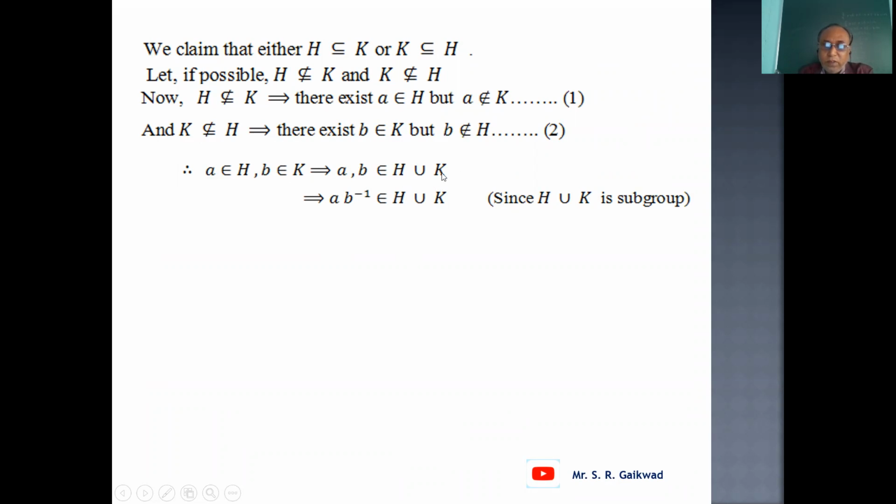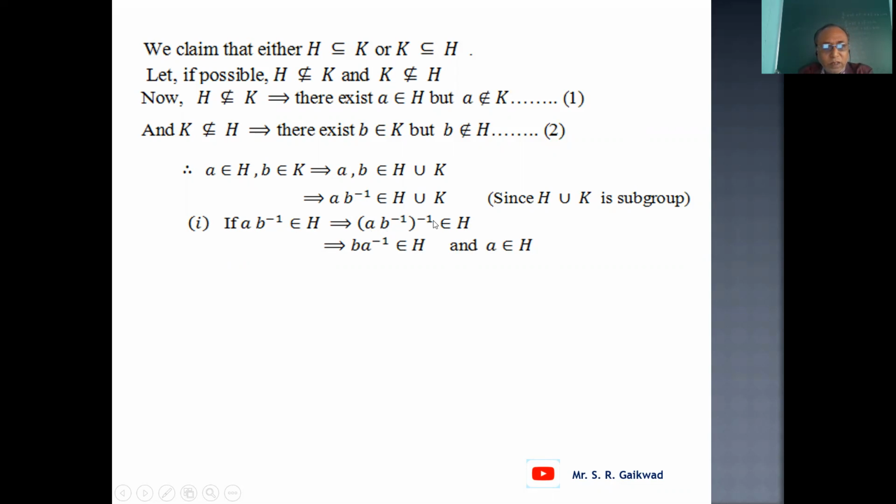And H union K is a subgroup. And the first element into the inverse of the second element also belongs to H union K. A into B inverse belongs to H union K. It means A into B inverse belongs to H or belongs to K or belongs to both H and K. First case, if A into B inverse belongs to H, we imply that